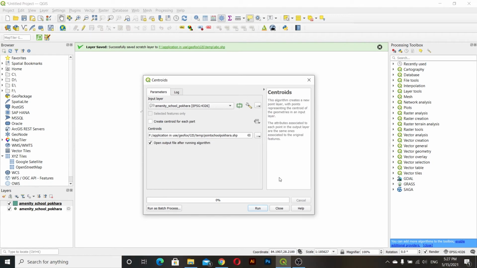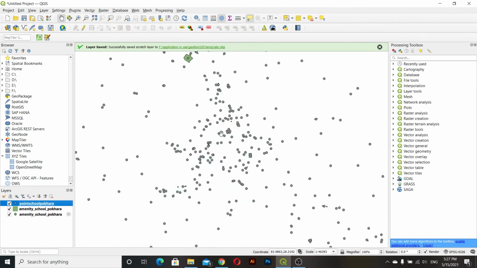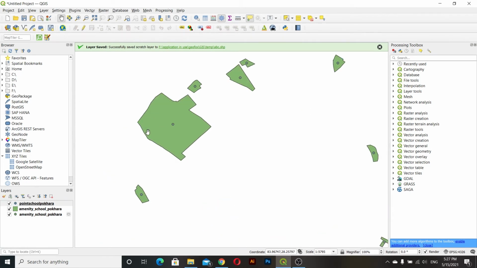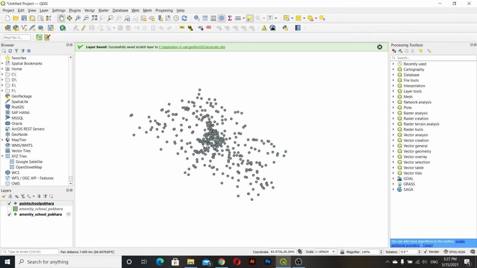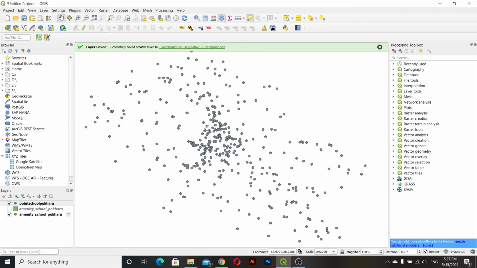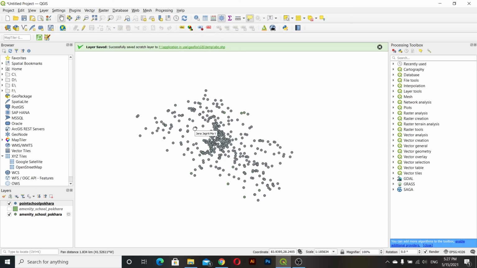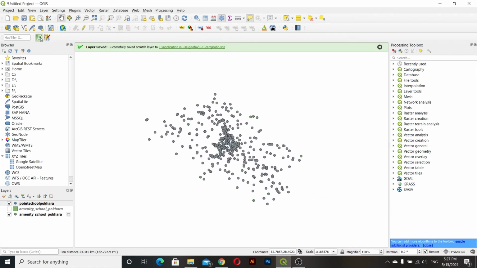Okay, save, and then we'll run this. So you can see all the polygon data are converted into points. So we'll uncheck this, and you can see all the polygon data of schools of Pokhara.